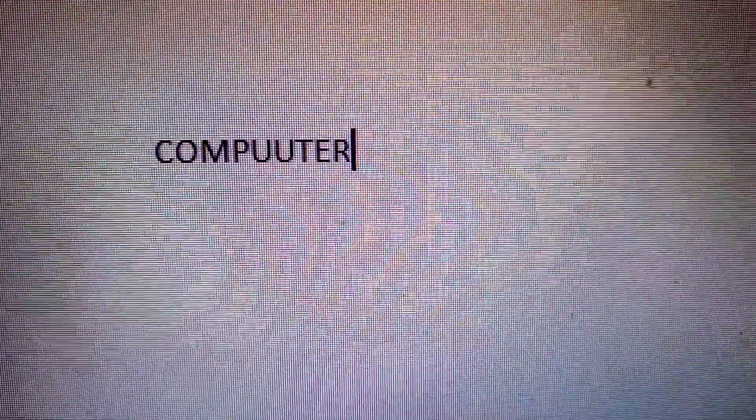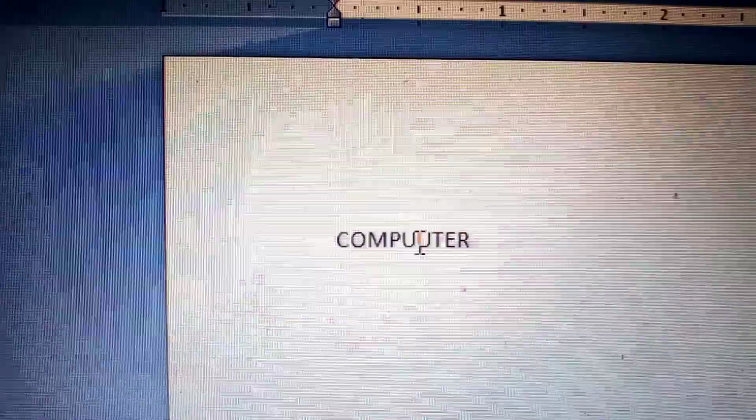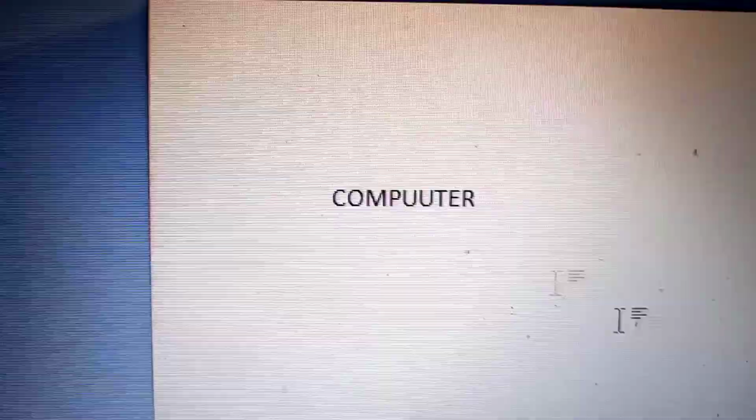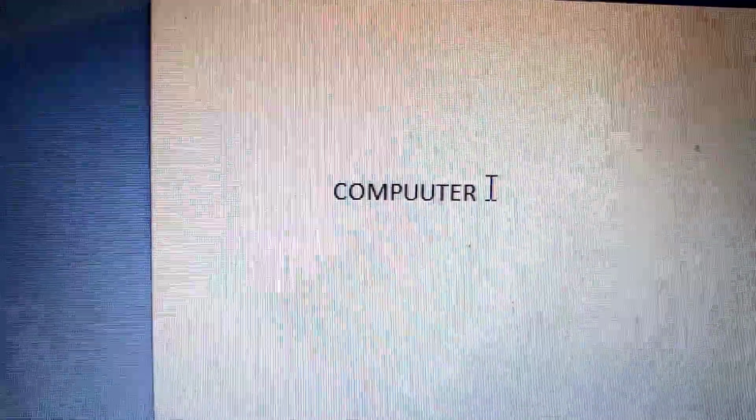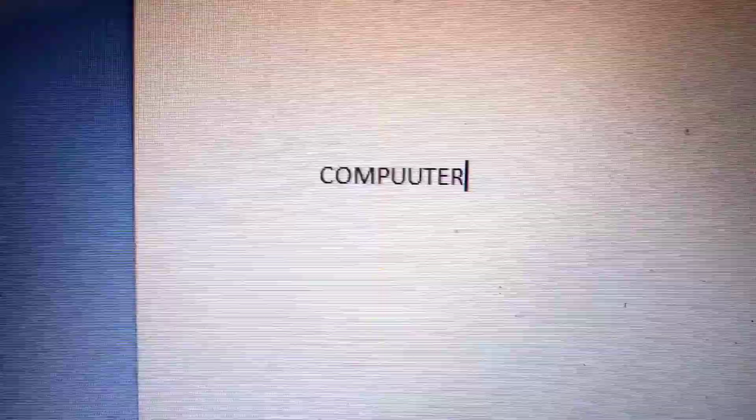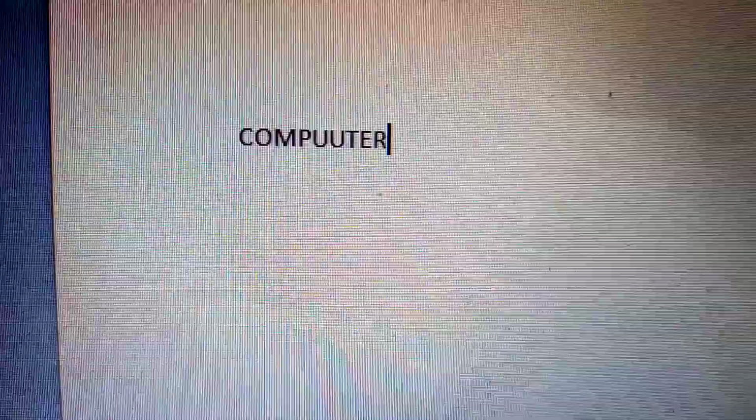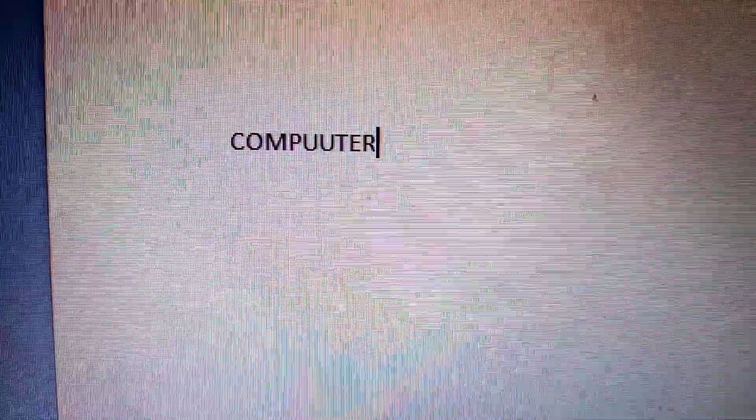You can delete any one of these. Just left click on the mouse. This is known as the cursor, and this is known as the mouse pointer.